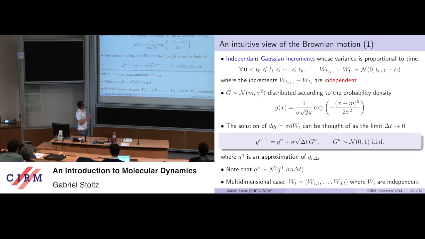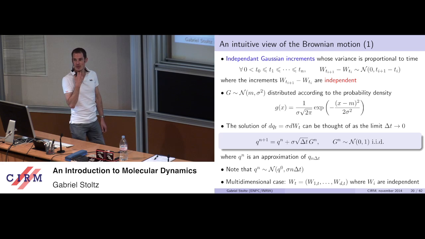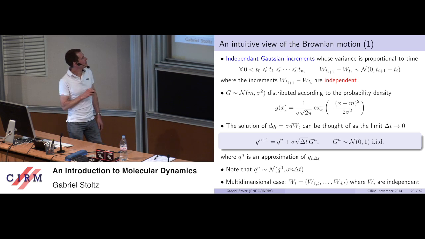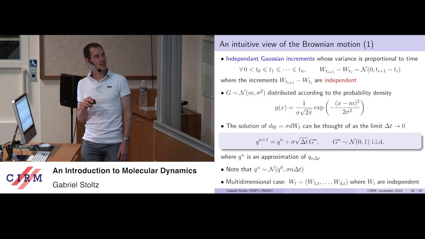The first thing is, I guess maybe everyone has heard about Brownian motion, but it's good to recap it in the way I need it for a numerical simulation. The way I will be needing it in numerical simulation is when you have an SDE, which is this one, dQ_t equals sigma dW_t, you should think of that as the limit as delta t goes to 0 of this numerical scheme, where the new position is the previous one plus some random increment of order square root of delta t.